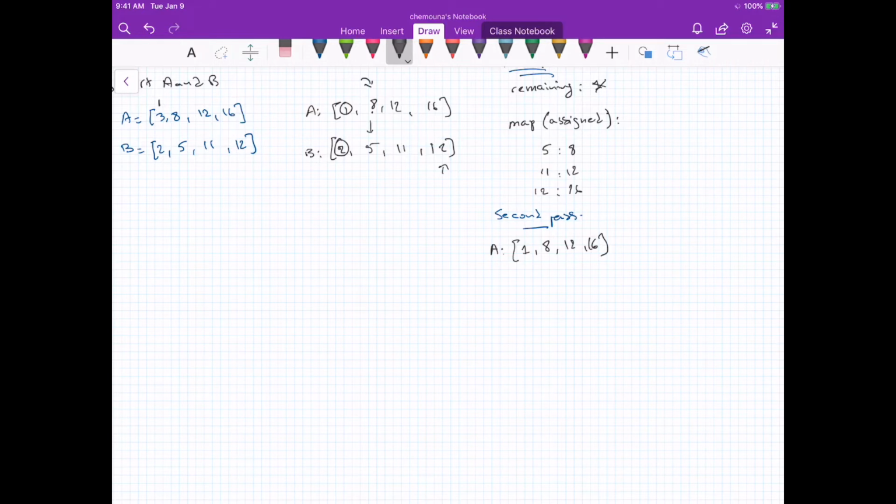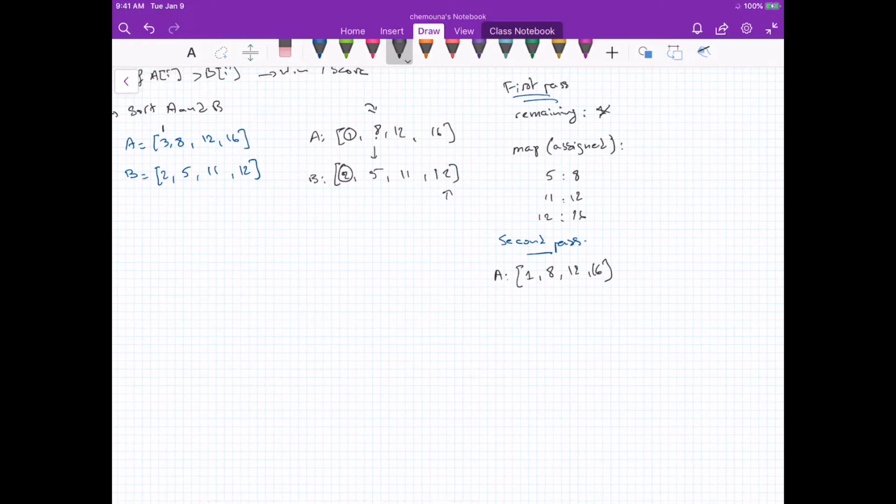And this works only because we sorted, right? Because if we didn't sort, then maybe we'll get 12 here. We would have 5, 11, 12 for B here. And we'll find, okay, 1 doesn't beat 12, right? So we just go, right? But that's not right, because,